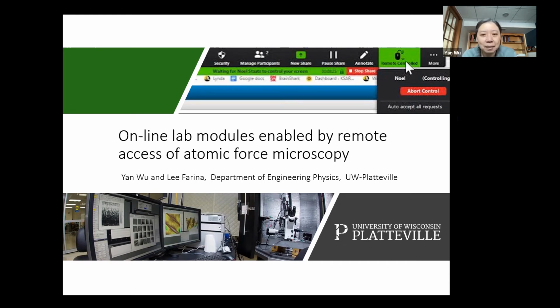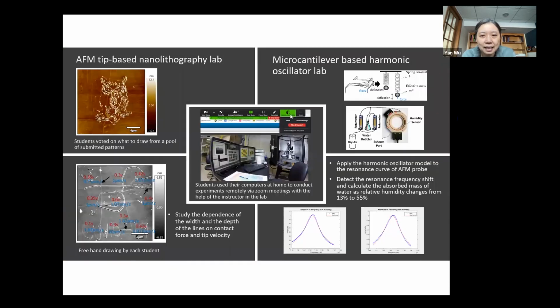So can we advance the slides, please? The setup is actually surprisingly easy. We do need to have an instructor in the lab doing some manning, such as loading the AFM tip, aligning the laser, and bringing the tip close to the surface. Those are the things an instructor can do, but from there on, the students can